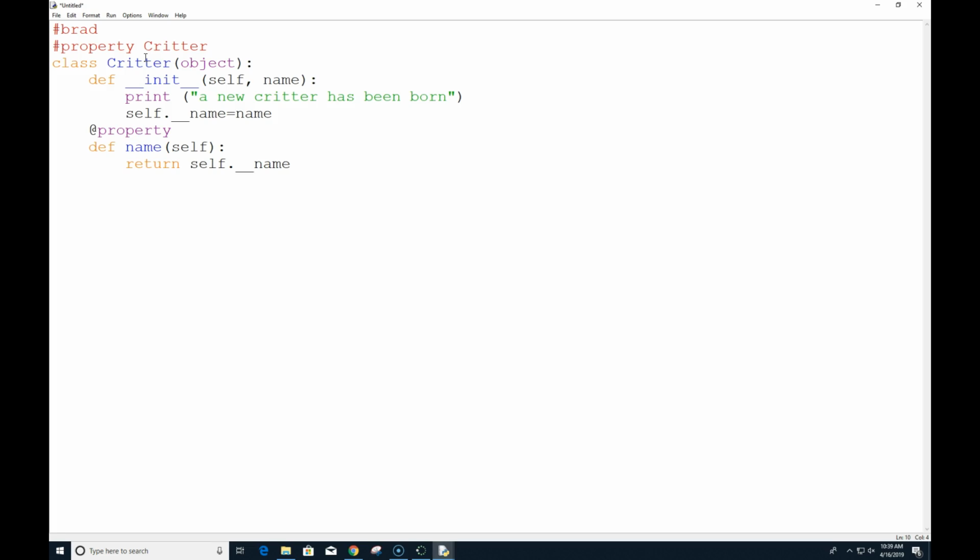So the general thing we're doing with that, this @property thing tells us that we're going to create a property called name, and when we call this function, it's going to return that private method. So I can't just put self.name down in my main program and return it. I have to do it through the property.